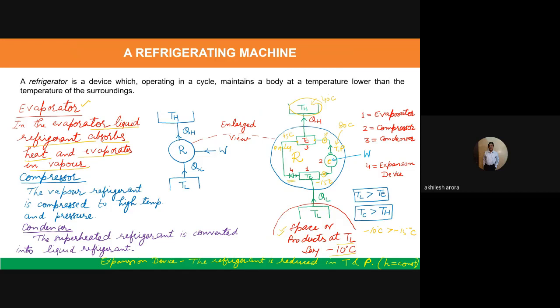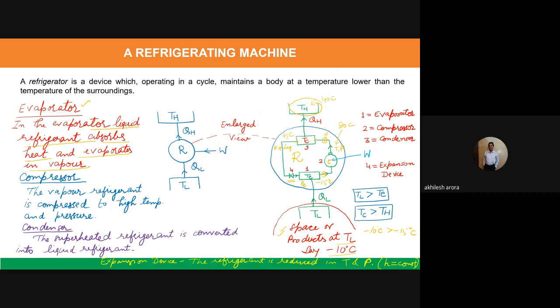We have studied about the expansion device or a throttling valve. So in this particular expansion device, the process of throttling takes place, and you know that during the throttling process the pressure reduces. So in the throttling valve or the expansion device, the pressure reduces to that of the evaporator pressure, which is already existing here. Here the pressure in the evaporator is PE. So basically in the expansion device, there is a drop in pressure as well as the temperature.